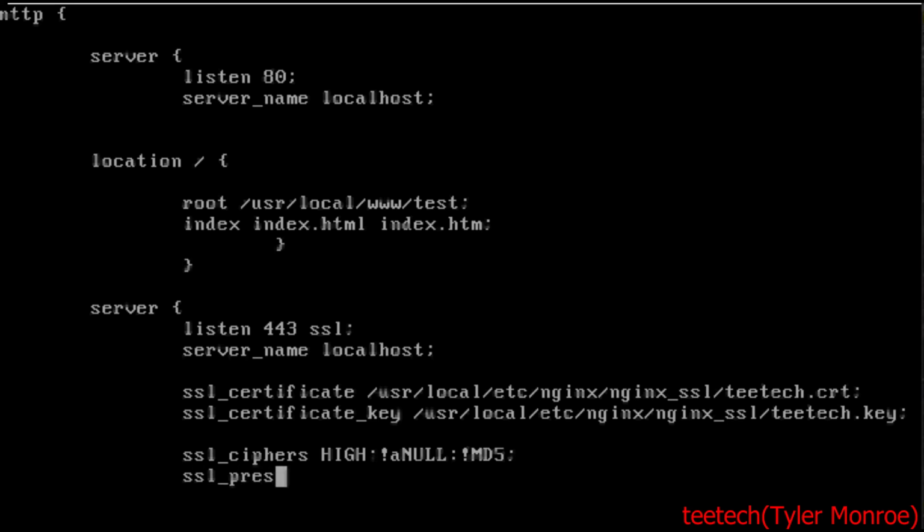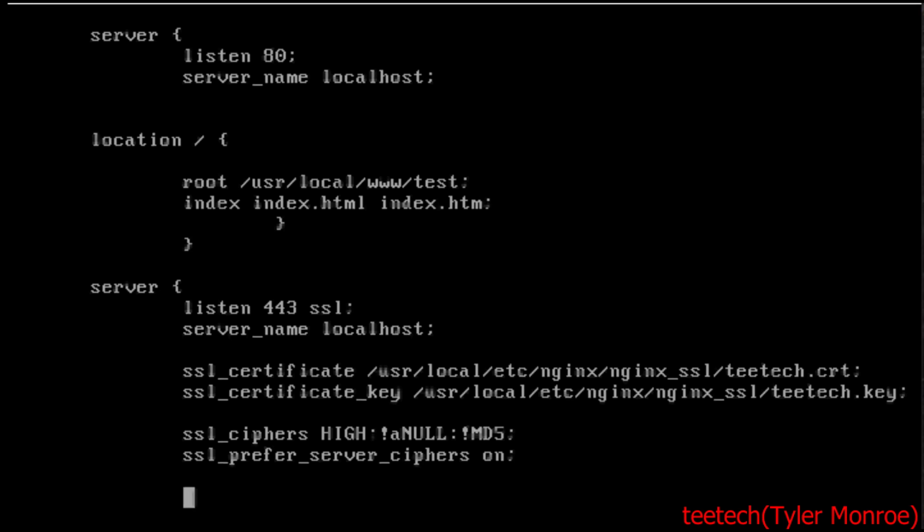And we also need, we want to have it here at least. So in this hello message exchange, the server's options are more preferred over what the client tells the server to use. So do make sure you have your semicolons and everything on there. And we do, so make sure we don't miss anything here. Now, those 4 lines, and then the SSL part on listen is the only difference between a plain text web server